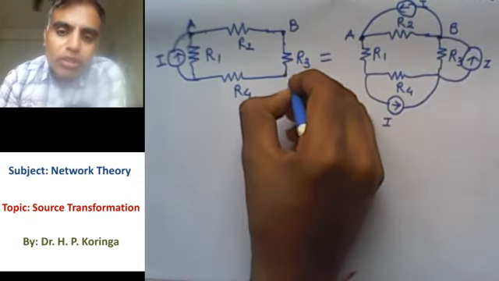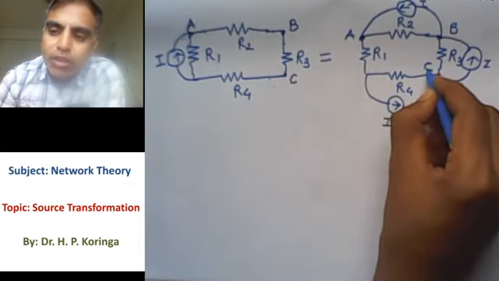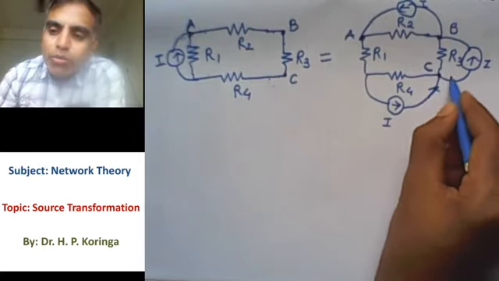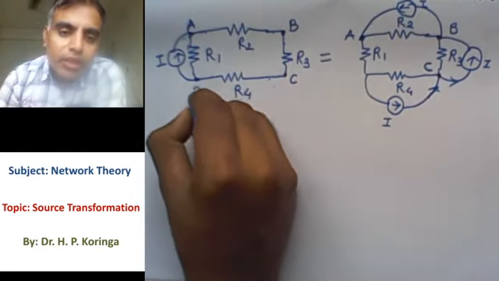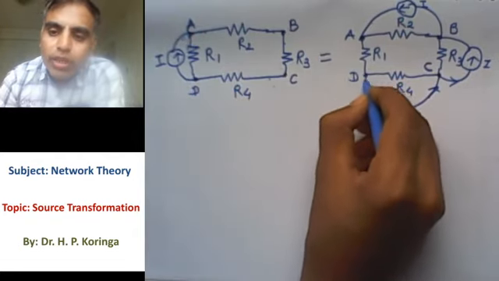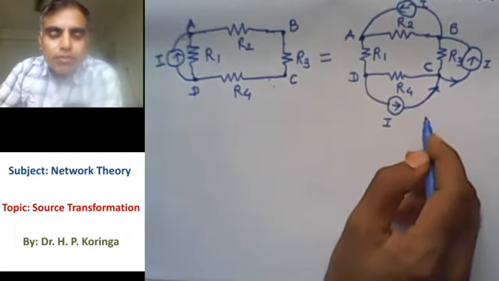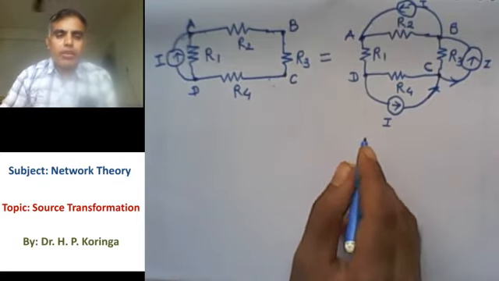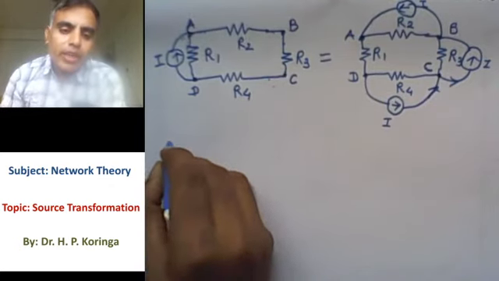Here if we see at node C, there are 2 branches connected, so 2 currents. In this modified network at node C, there are 4 branches connected, but 1 I incoming and the same I outgoing, so they cancel each other, so the remaining is only the 2 currents. And at node D there are 3 currents, with I as outgoing current. So we can say both the networks are equivalent, both the networks are the same, right? So these are the different rules. Now, similarly it is applicable for the inductor and capacitor.